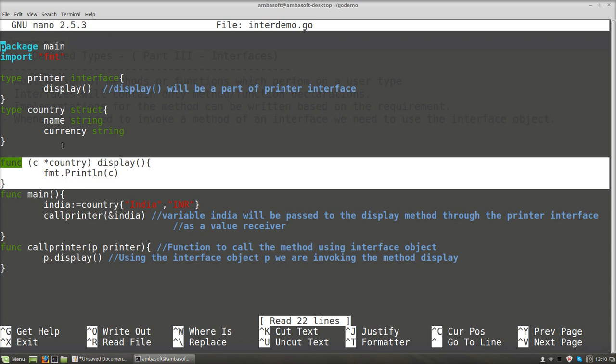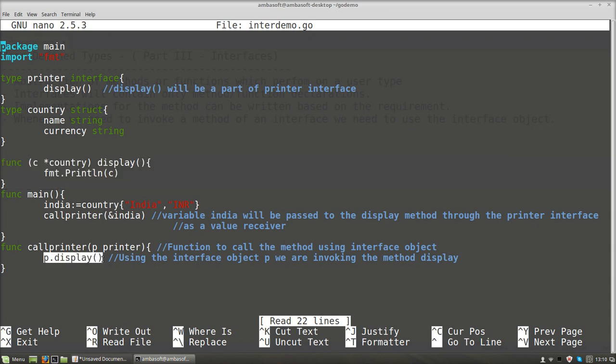So in order to invoke the display method, we are using the interface object. The interface object is printer p, using which we are invoking here. Any type of value can be passed to the interface object, using which it will be passed to the receiver of the method declared in the interface. So this is all about defining simple